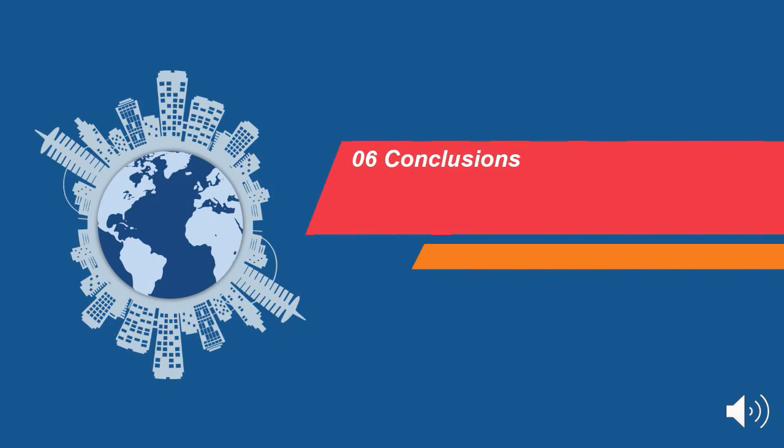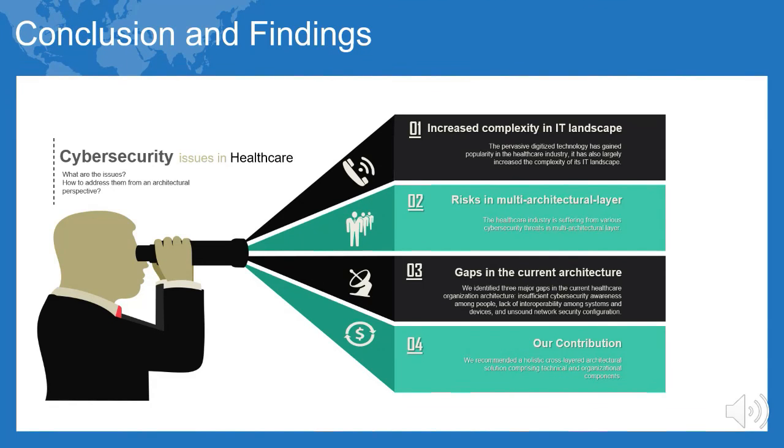Now let's move to conclusions. Internet of Things technologies have gained popularity in the healthcare industry in the past years, and they have also increased the complexity of its IT landscape. Meanwhile, the healthcare industry is suffering from various cybersecurity threats more frequently than other sectors of the economy. We performed our analysis of the healthcare organization from an architectural view, and we identified three major gaps in the current healthcare organization architecture, which are insufficient cybersecurity awareness among people, lack of interoperability among systems and devices, and unsound